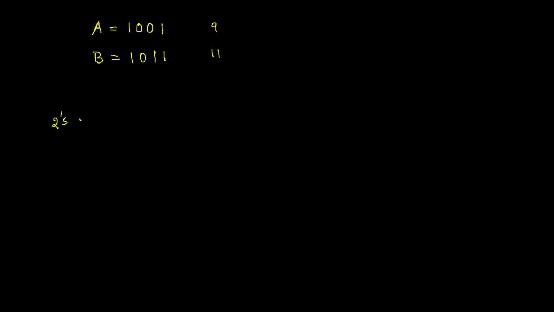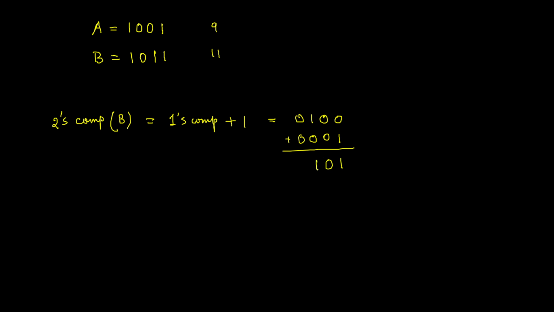So 2's complement of B means 1's complement plus 1. Now 1's complement means what? 1's complement of B means 1011 will become 0100, plus 1, and other parts are 0 over here. That means simple, you can easily understand, 1 plus 0 means 1, this is 0, this is again 1, and this is 0. So 0101, this is representing your minus B,